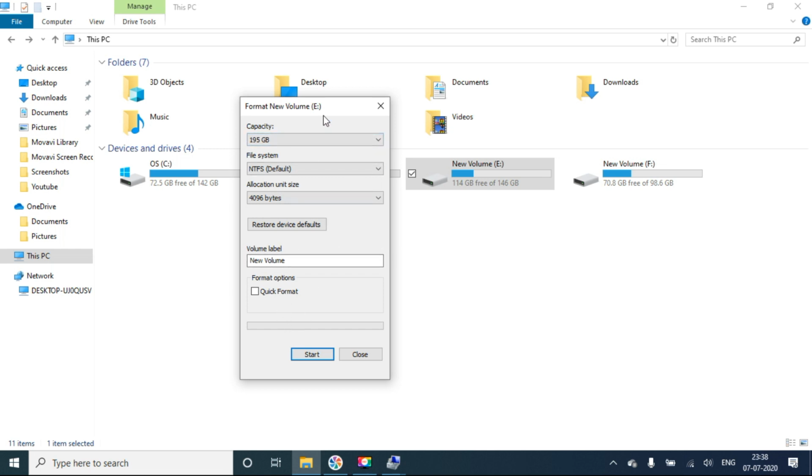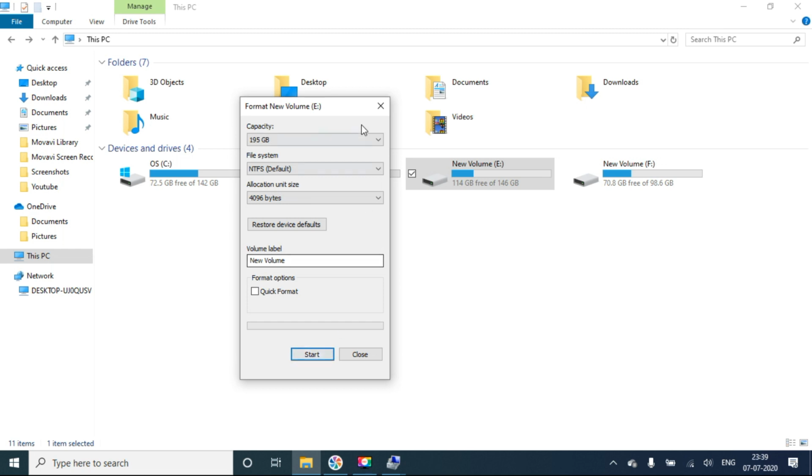Quick format will just erase the data, deleting it from the computer. It won't fully clear the volume. So if you do a quick format, you can still retrieve the data from the particular drive using some software. It is not really a format, it's just deleting the data from the drive.